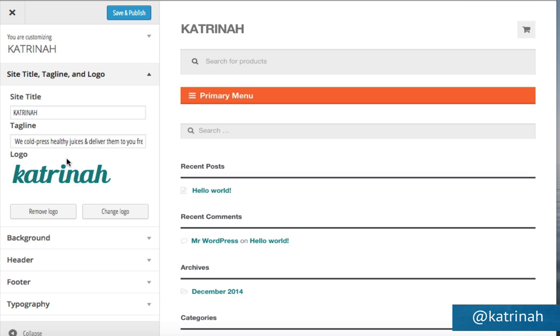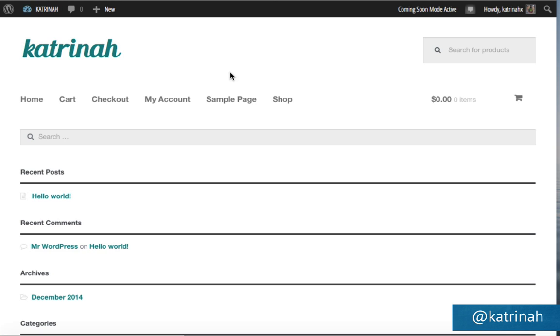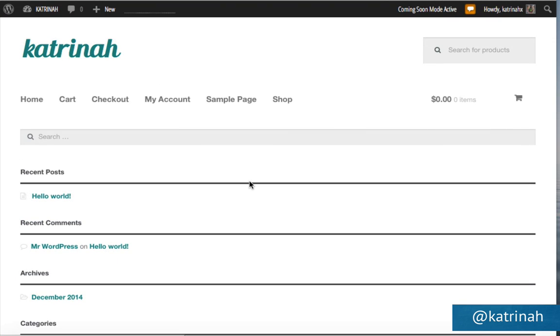Okay, once the logo shows up here, you can click on Save and Publish to save this particular change. So once the change has been set, we can close this box by clicking on the X box right here, and then I'm going to go check out the site by clicking on Visit Site in the top left-hand corner. Now we can see here we have our logo as well as our website, our homepage right here. It's looking okay, slowly, step by step. So the next step is I want to change the menu items right here.